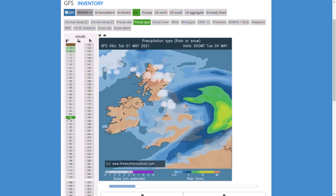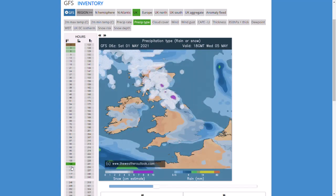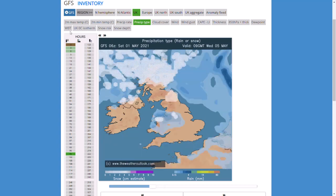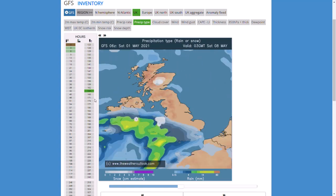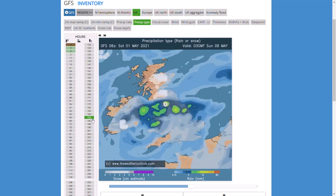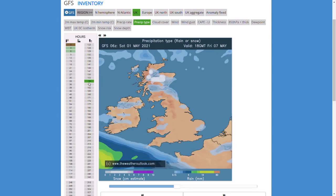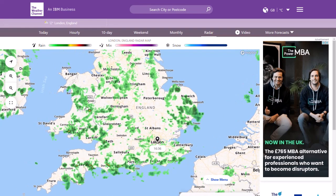Beyond that, it does go very unsettled, with a lot of showers and perhaps even some heavy snow in Scotland and northern England, with the colder air digging in from the north, but generally very showery, and then more weather fronts and heavy rain moving up from the south into the colder air again, maybe some snow over the hills. If we now have a look at the latest radar from the Weather Channel, you can see